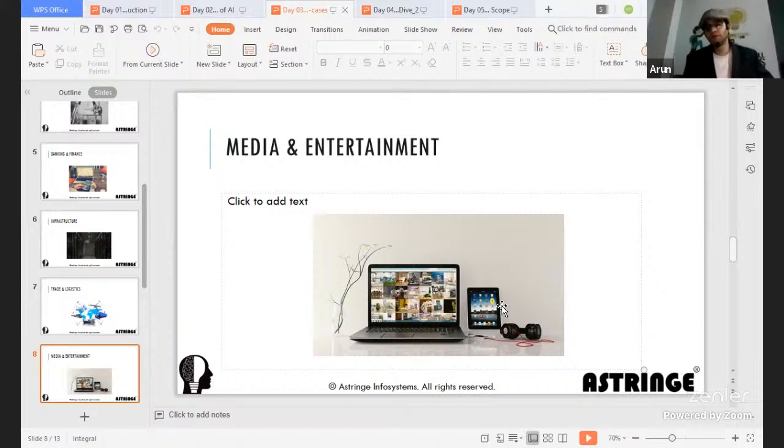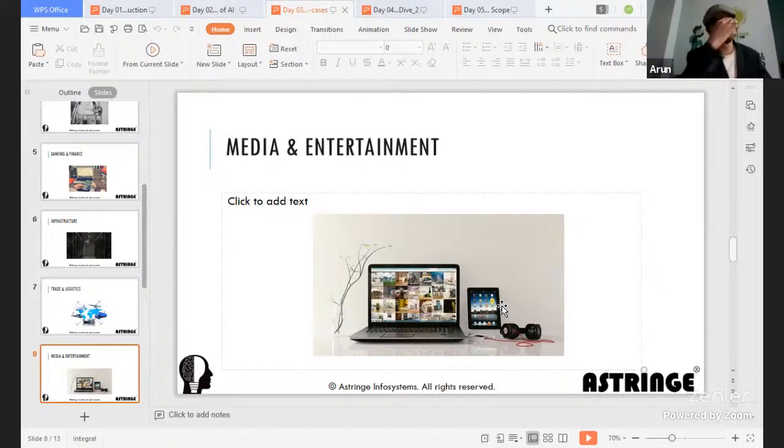or based on the form you entered when creating a new account, or from other social media channels, could be Facebook or anything else, and also from newsletters you might have opted into earlier, right? There are multiple places from where the data points could come, and those help Netflix recommend the types of movies you would be interested in, even as a new user. So that is one particular aspect of media and entertainment.